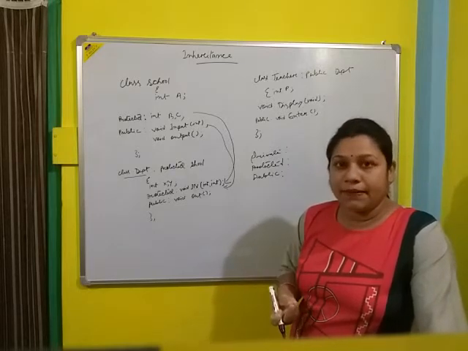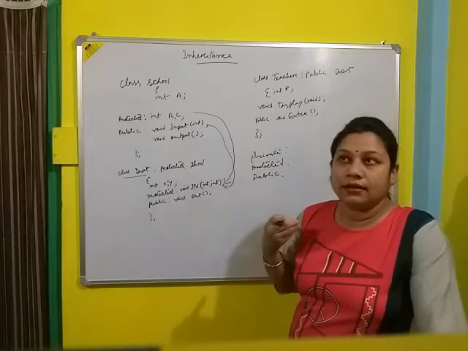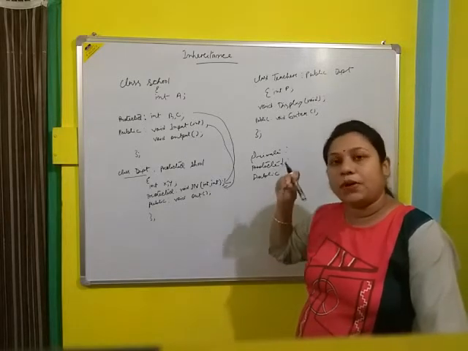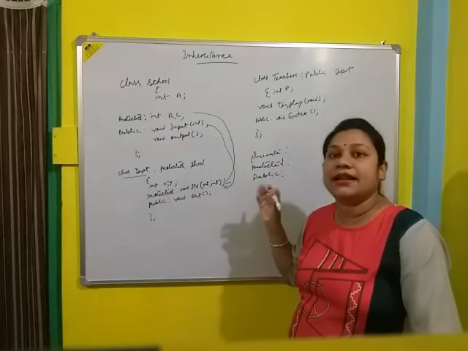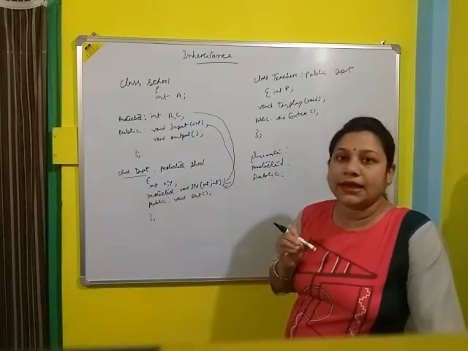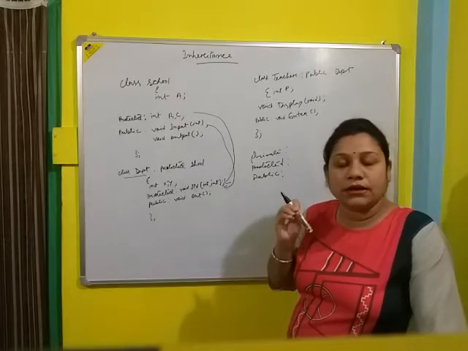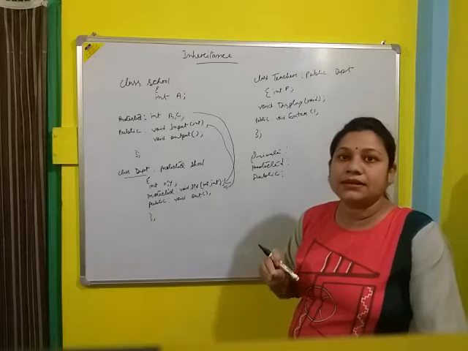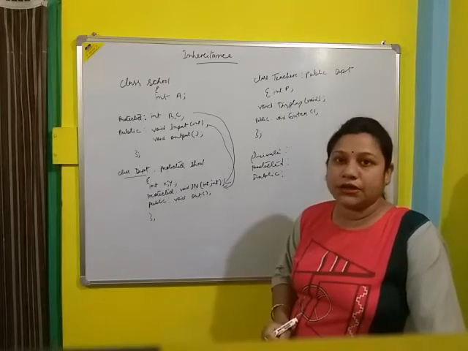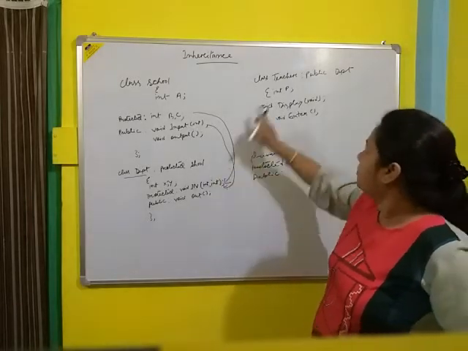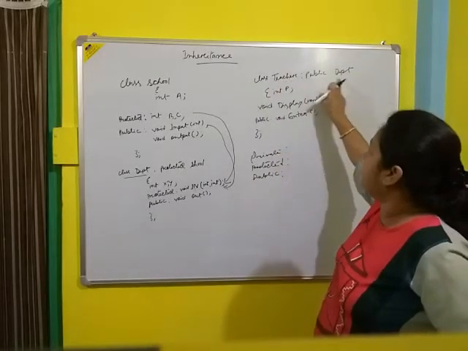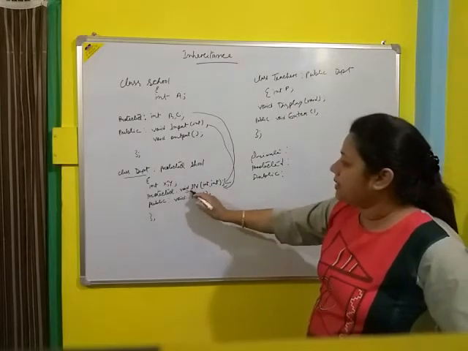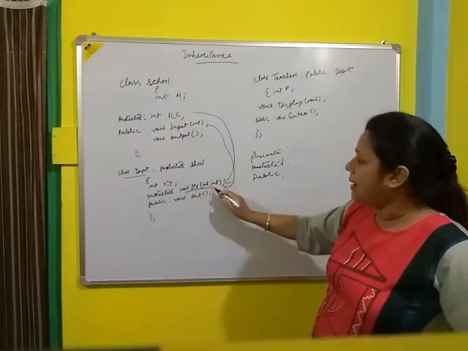Yes, what will happen: all the protected members of the base class become protected members in the derived class, and all the public members become the public members in the derived class body. So here, because the class teacher inherits the department class in the public mode, therefore all these protected members